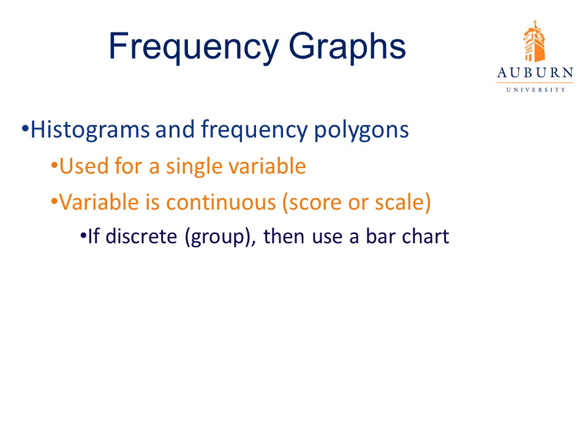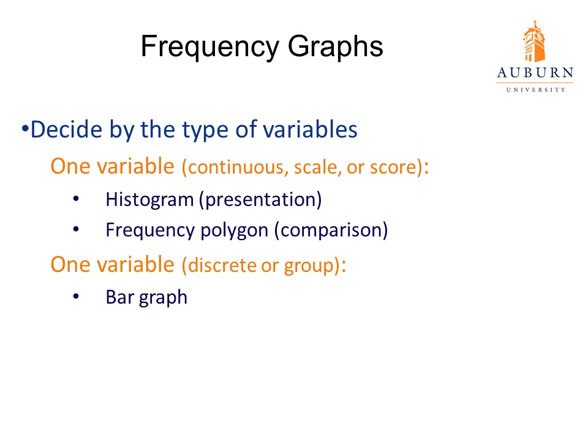So remember, when we're drawing the histogram, because it's continuous, the bars touch each other. However, if it wasn't a continuous variable, it was a discrete variable or a grouping variable, then we would use a bar chart where the bars do not touch each other. That is why it's important for us to know the types of variables that we're working with, which is also why we categorize those variables, because the type of variables that we have will tell us what type of graph we should draw. So if I have a single variable or one variable and it is a continuous variable, so in other words it's interval or ratio, then I'm drawing either a histogram or a frequency polygon depending on the